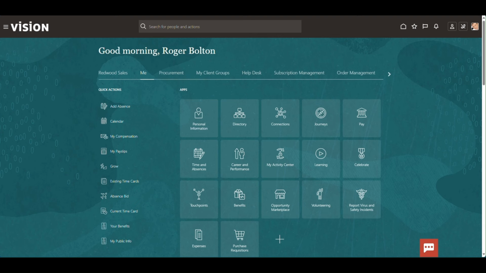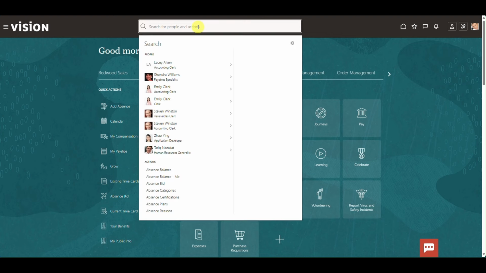The first feature on the list is the global search bar. And this search bar is available at the top of the home page, and it allows you to search for not only people within the organization, but also actions that you can perform within the application. So rather than navigating through the different menus, you can simply type in a search term and then access that